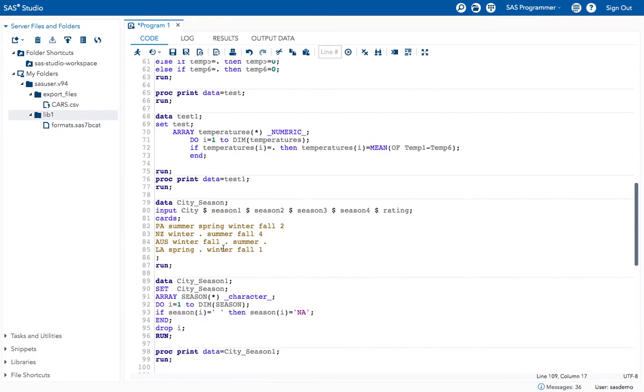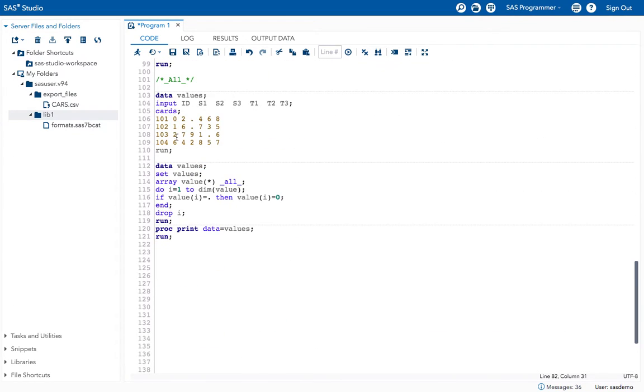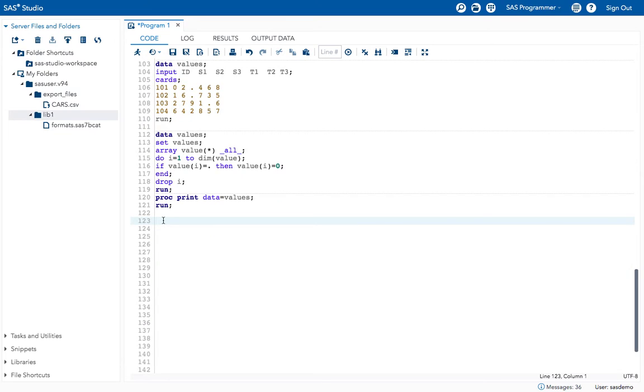In the previous example, the rating had numeric values and the remaining were character values, so this all function cannot be applied there. Here I have only one type of variable, only numeric, or you can use it for only character variables.